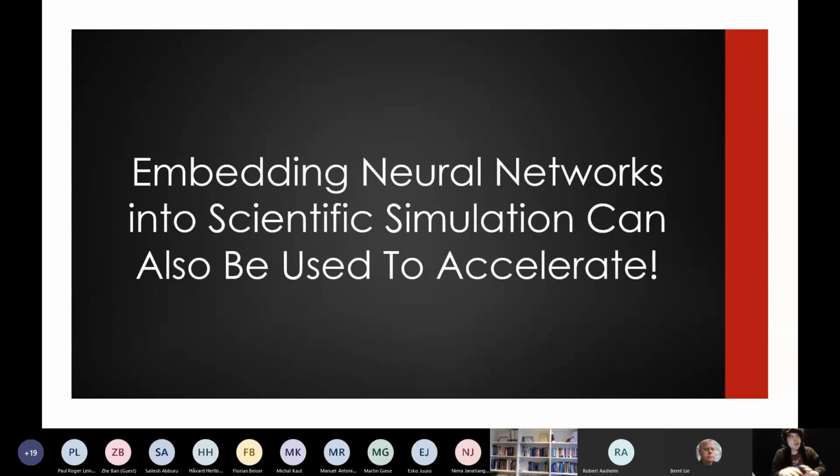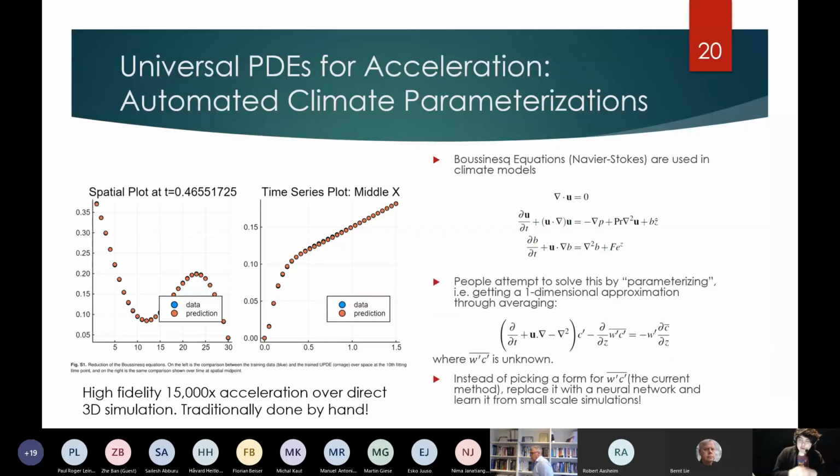But neural networks can also be used in scientific simulation to accelerate the simulators themselves. A very interesting project that we're doing is with the climate model being co-developed between MIT and Caltech. One of the cores of the climate model is the ocean model, where in each voxel of the ocean you need to solve the Boussinesq-approximated Navier-Stokes equations, which is this 3D partial differential equation here. But at each part of the ocean, all that you really need for this climate model is a one-dimensional model of what the heat is in the ocean column as you go up and down that column.